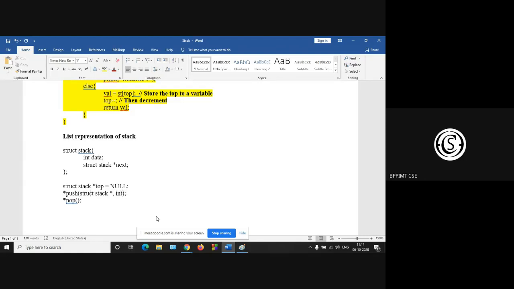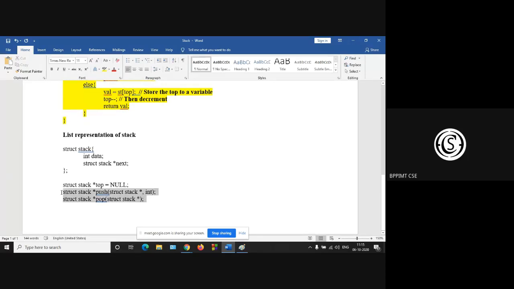So we are using the function prototypes, and pop returns struct stack. These are the function declarations, and top is made null.